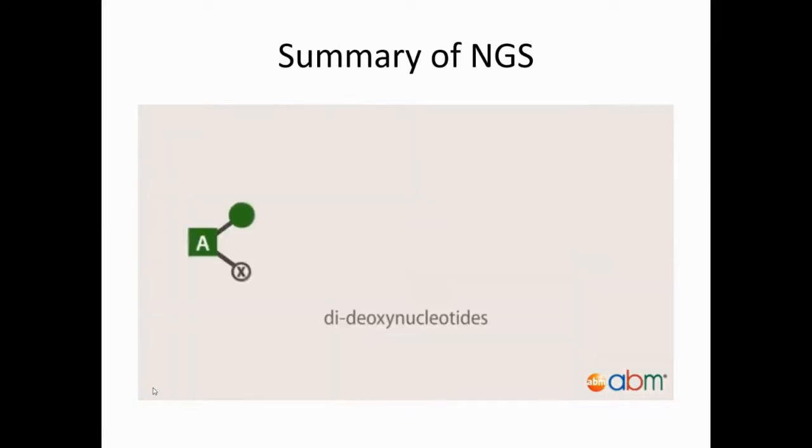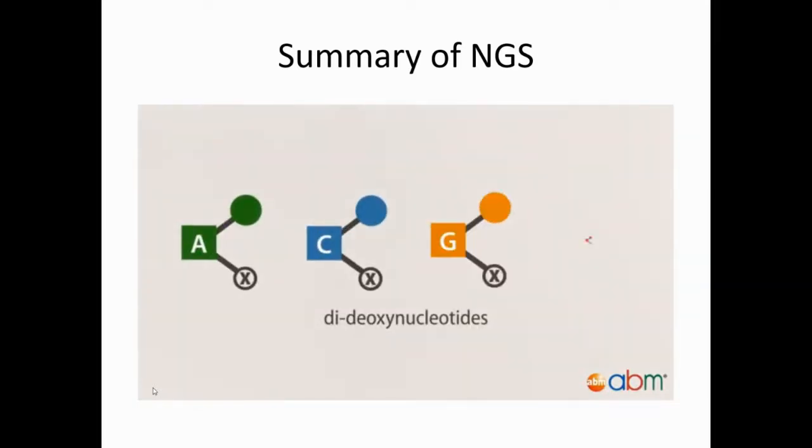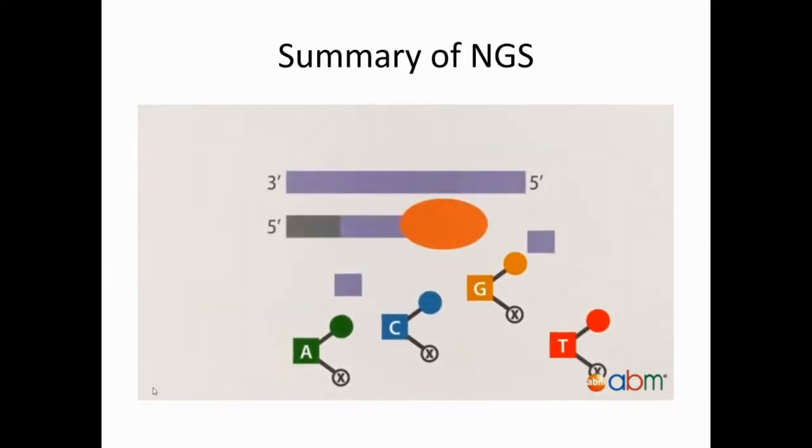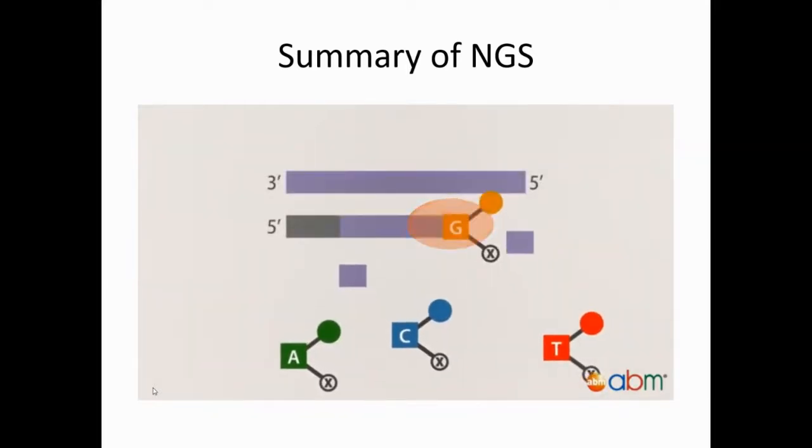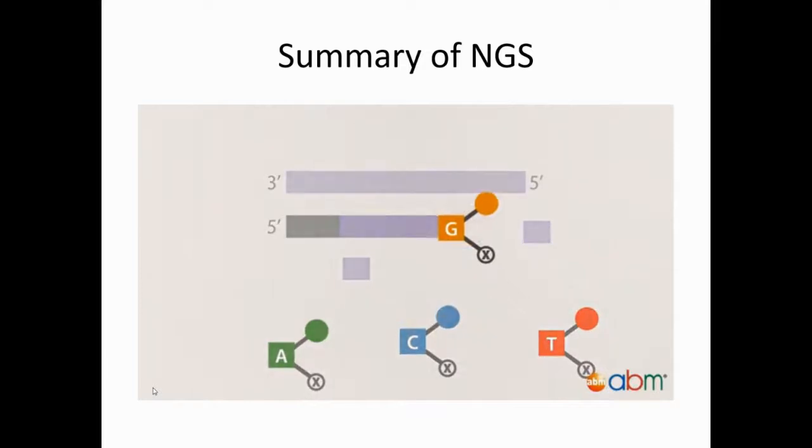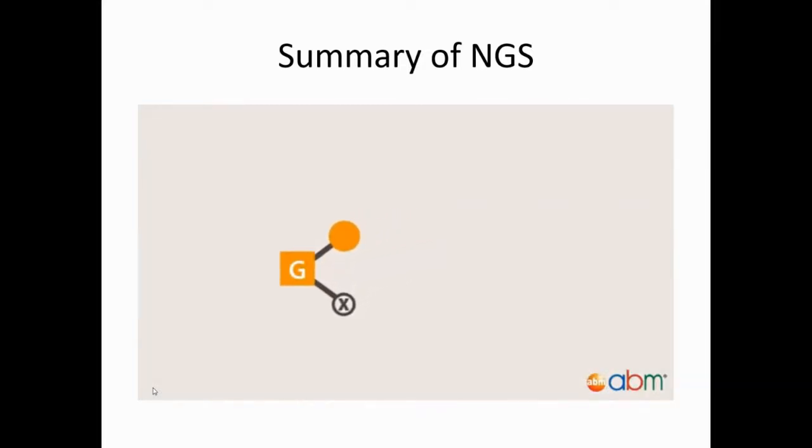Each reaction also contains a mixture of 4 dideoxynucleotides, one for each DNA base. These dideoxynucleotides resemble the DNA monomers enough to allow incorporation into the growing strand. However, they differ from natural deoxynucleotides in 2 ways. 1, they lack a 3' hydroxyl group, which is required for further DNA extension, resulting in chain termination once incorporated in the DNA molecule. And 2, each dideoxynucleotide has a unique fluorescent dye attached to it, allowing for automatic detection